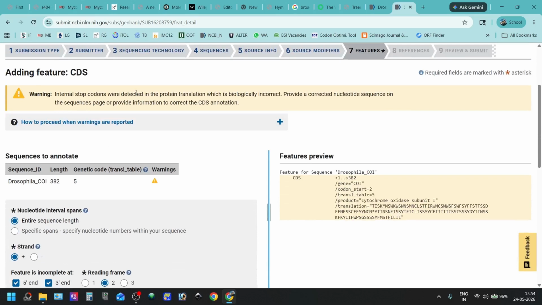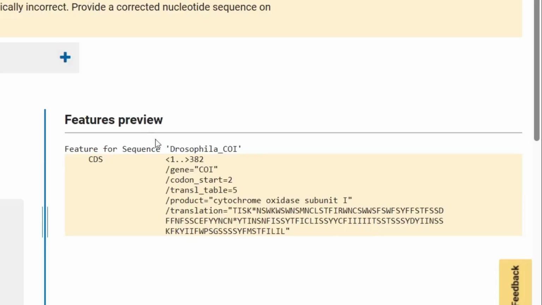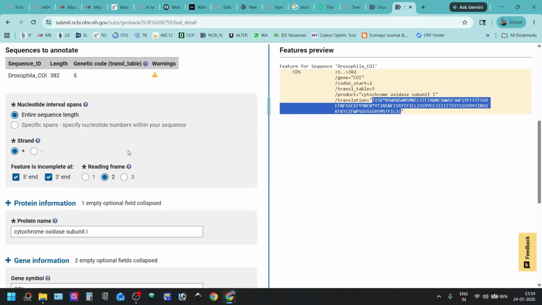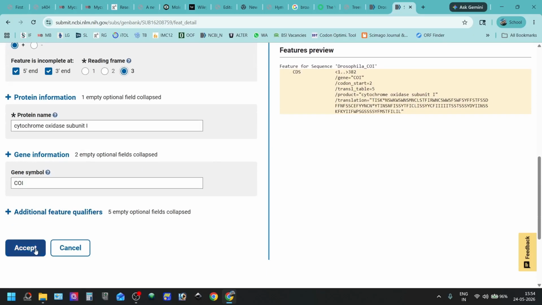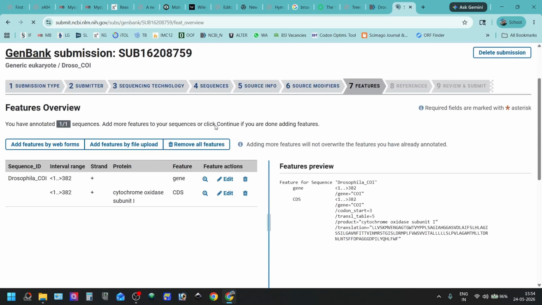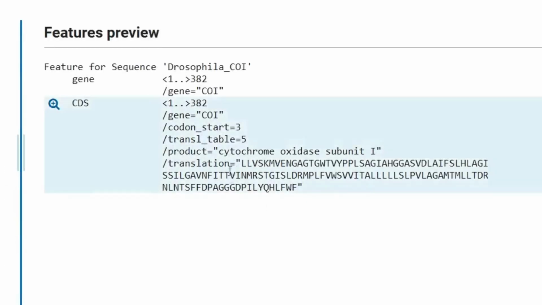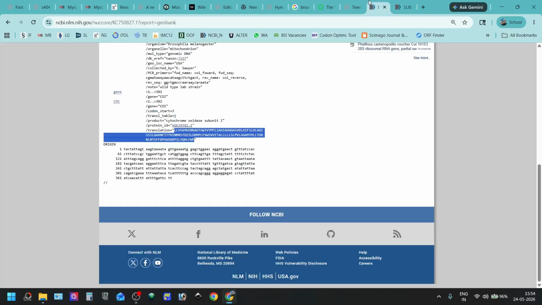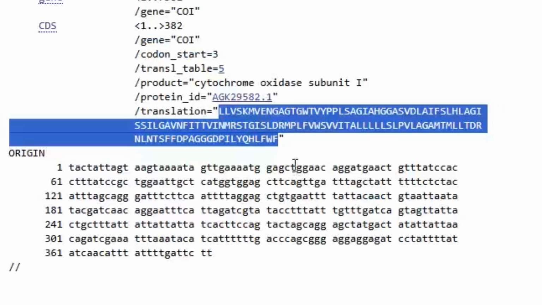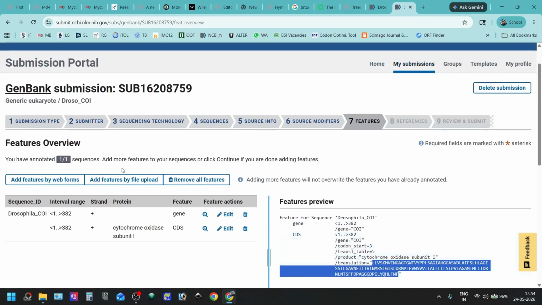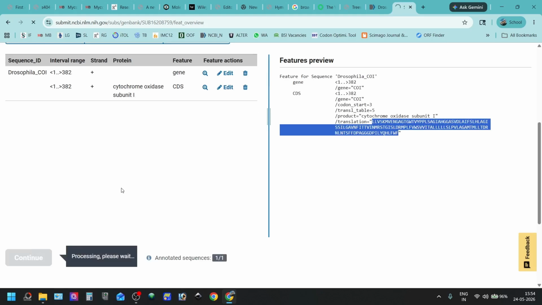You can see they have again detected stop codons, and it is coding some other protein. So I will choose the third reading frame and accept. You can see it is detected correctly. The protein codings are also similar. You can see here. You can then click continue,